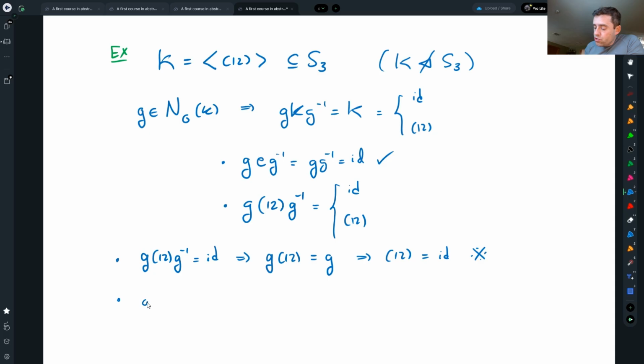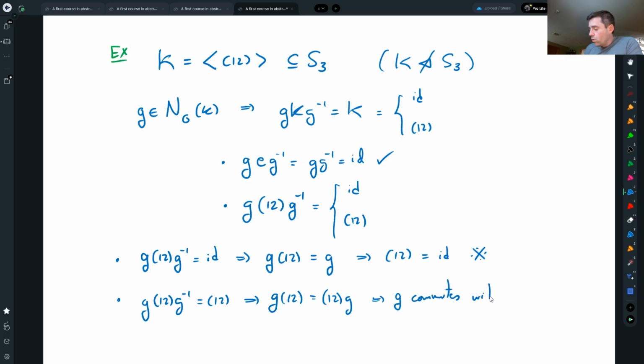Or G(1 2)G inverse gives me back (1 2), but that means that G(1 2) is (1 2) times G, and if that is happening, then G commutes with (1 2),